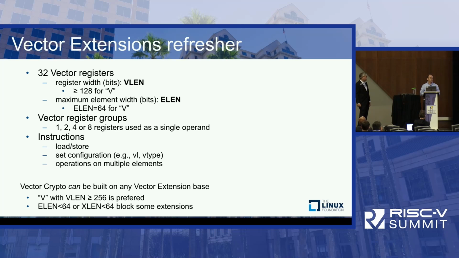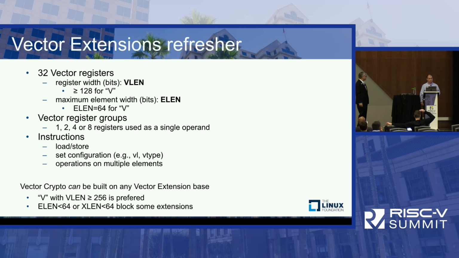And then there are lots of vector instructions. There are load and store instructions. There are instructions to set the configuration. The configuration is things like VL, which is the vector length, and VTYPE, which gives you information about the width of the data, the operand size: 8, 16, 32, or 64. And then the instructions, I didn't want to say SIMD here, operate on multiple elements. You can do floating point instructions, permute instructions, integer instructions, but they're all operating on these 8, 16, 32, or 64-bit elements within the vector registers.